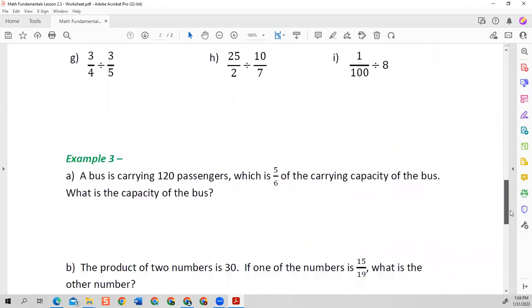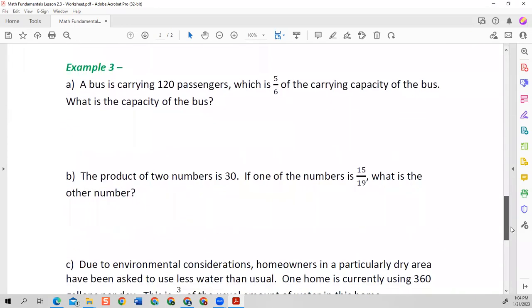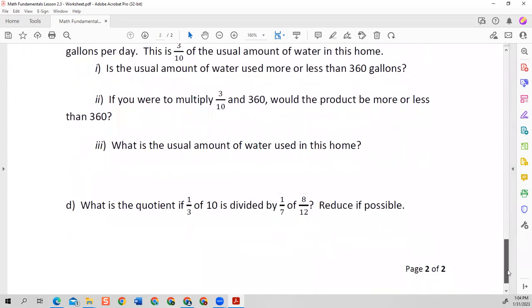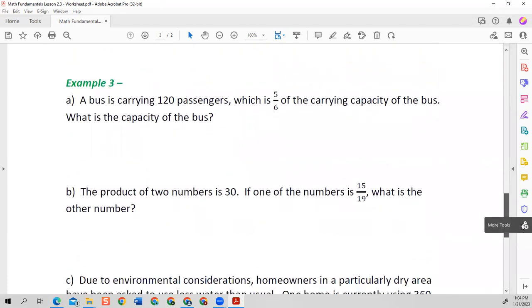I'll let y'all do those and just contact me if you have any questions. We're going to do some of these, and some of these I want to do in class. Okay, so let's just do this one here. It says a bus is carrying 120 passengers, which is 5/6 of the carrying capacity of the bus. What is the capacity of the bus? So I got 5/6, right? Is the carrying capacity. And it's carrying 120, or it carries 120 people. So if I divide that,